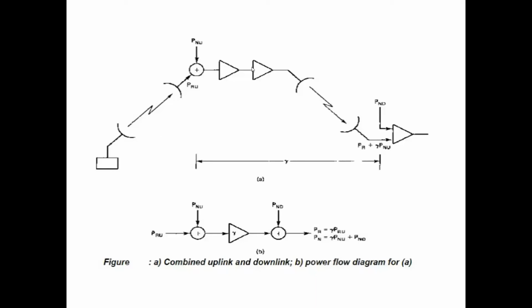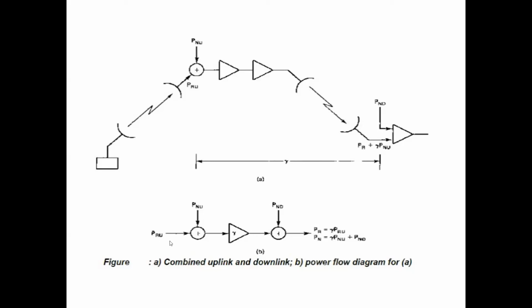So what we are doing is this gain, multiple stages of amplifiers, and this whole system, which may be a lossy medium, we represent it with the gain gamma. Okay, so this whole block diagram then further converts into the PRU at the satellite and the noise getting input at the satellite, the system being represented by a system of gain gamma, and at the receiving Earth station, this signal is received, along with some noise being added because of electronic circuitry at the downlink.